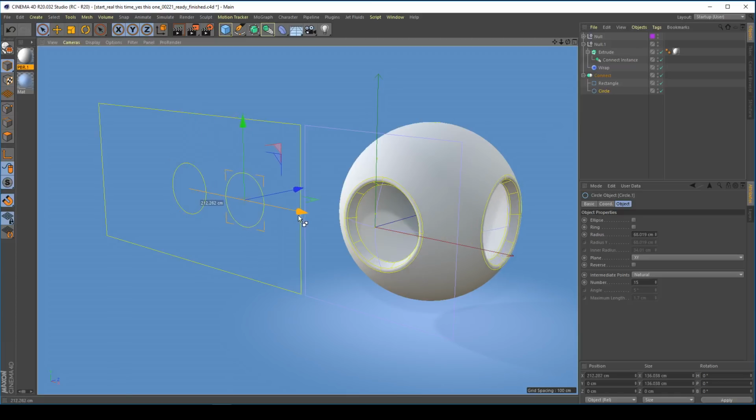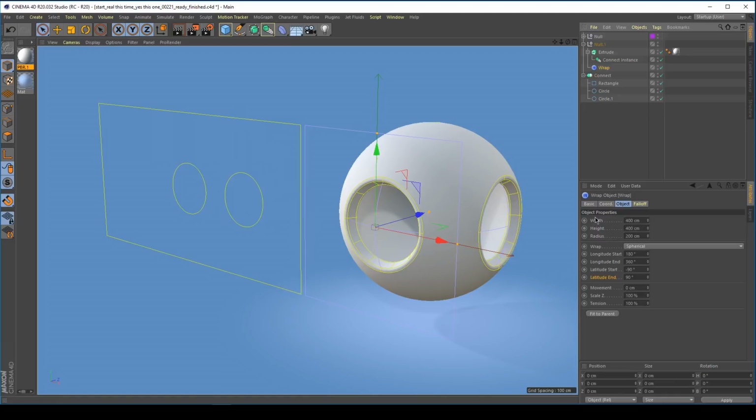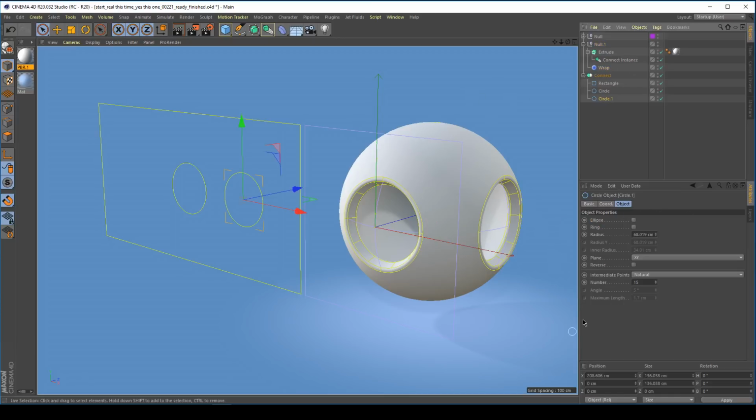And you can see this in real time on our geometry over here. And what's great is because our wrap object is 400 by 400, which basically means it fits within a box of 400 by 400,